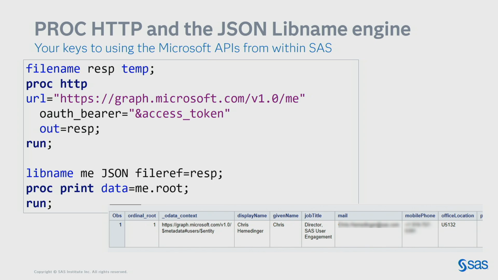And it's a one-two punch: using PROC HTTP to go and get the data from the cloud, and then almost always the response that we get from the cloud is in JSON format, and then we use the JSON LIBNAME engine to read that in as SAS data, where we're all familiar with how to work with that. So this is an example of just sort of raw using the API as it might look in a session. I will show you some macros that wrap up some of the more complex things.